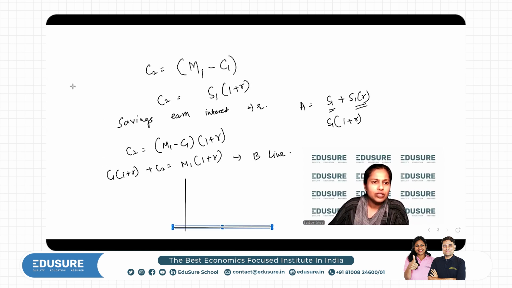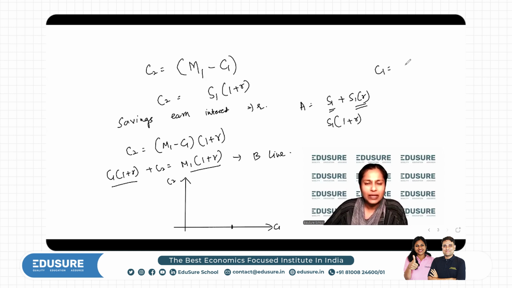Okay. So if I draw this budget line, how do I draw it? There is C1, consumption in period 1, and C2, consumption in period 2. What's the x-intercept? That's going to be m by px. So C1 is going to be m by px, that's the consumption in period 1. So m is M1 into 1 plus R and px is 1 plus R.